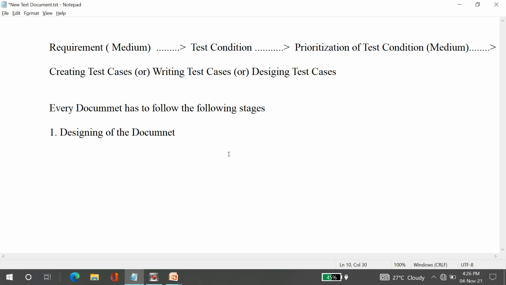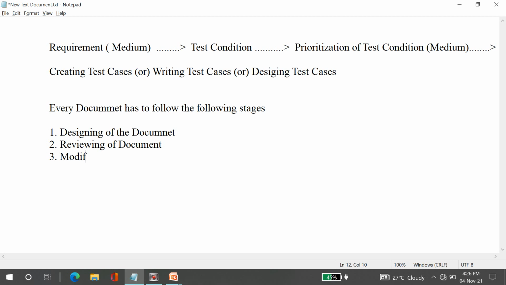One is designing the document. Now, what is the second one? Reviewing of the document. What is the third one?